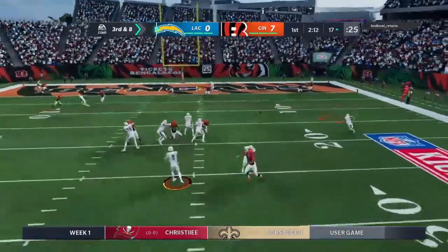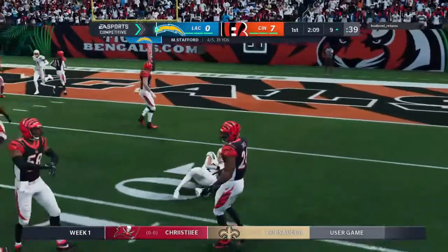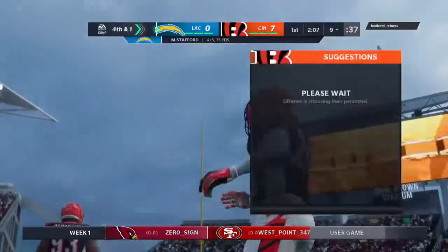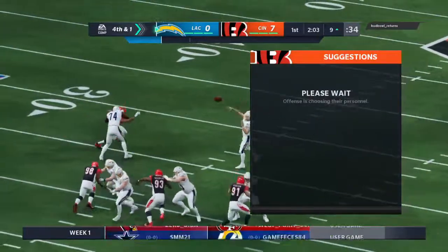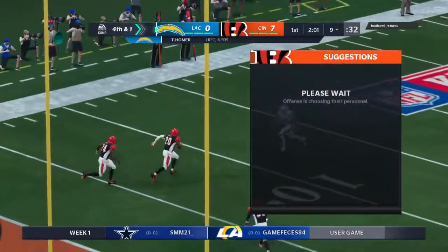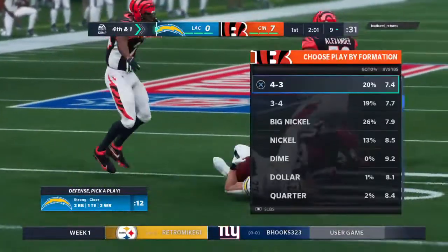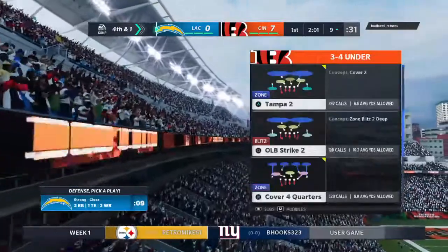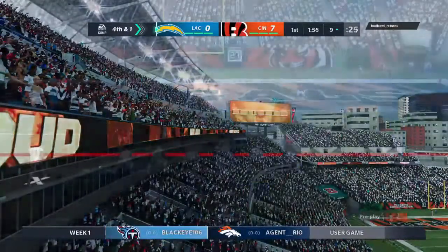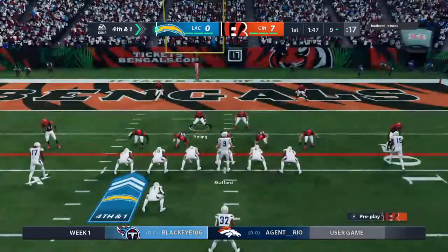So the failure to connect on 2nd down leaves him staring up here at a 3rd and 8. Out of the gun, Stafford. He's going to find his running back. It's complete. And they're going to mark him down short, maybe by about a yard, if that. They'll give him 8 on the play, and that'll bring up 4th down. And no move to get the offense off the field. They'll stay put on 4th and